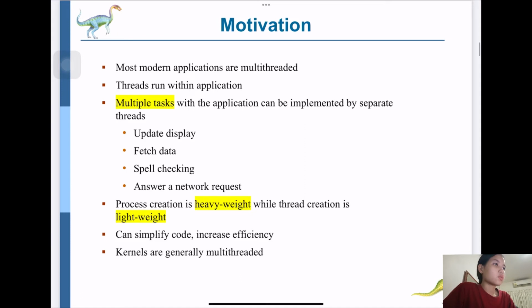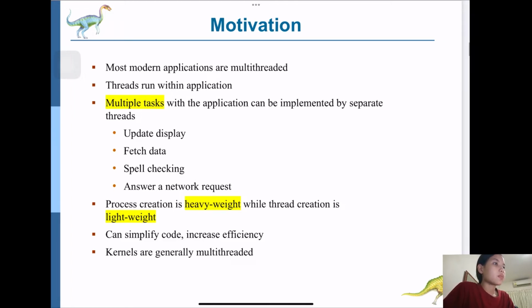Motivation: most modern applications are multithreaded. Threads run within an application. Multiple tasks within the application can be implemented by separate threads. Process creation is heavyweight, while thread creation is lightweight. Threads can simplify code and increase efficiency. Benefits: